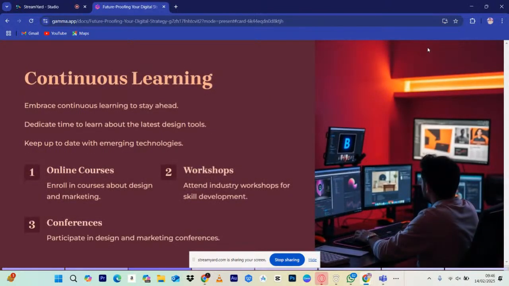Okay, so continuous learning. Like I said, you need to learn new things every day. In fact, me as a person, I try to learn every day, even when my work here is really hectic. When I'm done with this class, I need to also go back to the office and do a lot of work. But when I go back home, I still try to learn. Even in the process of working, I'm still learning new things. Right, so it's important